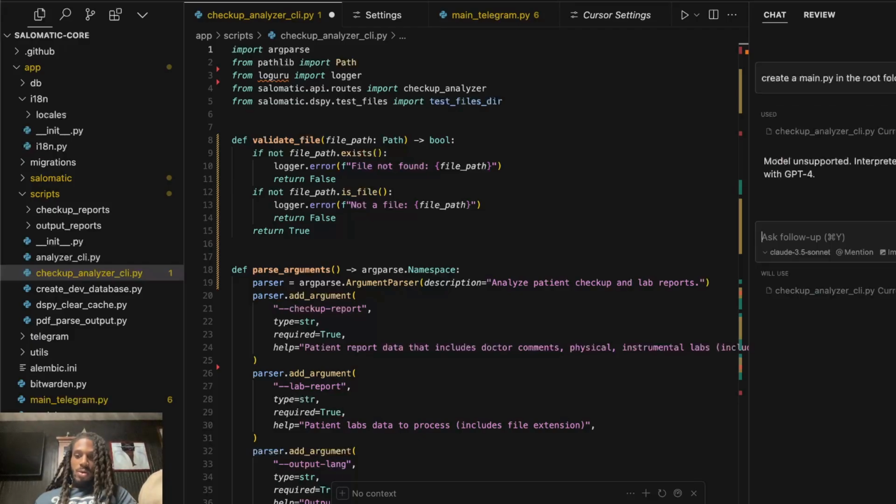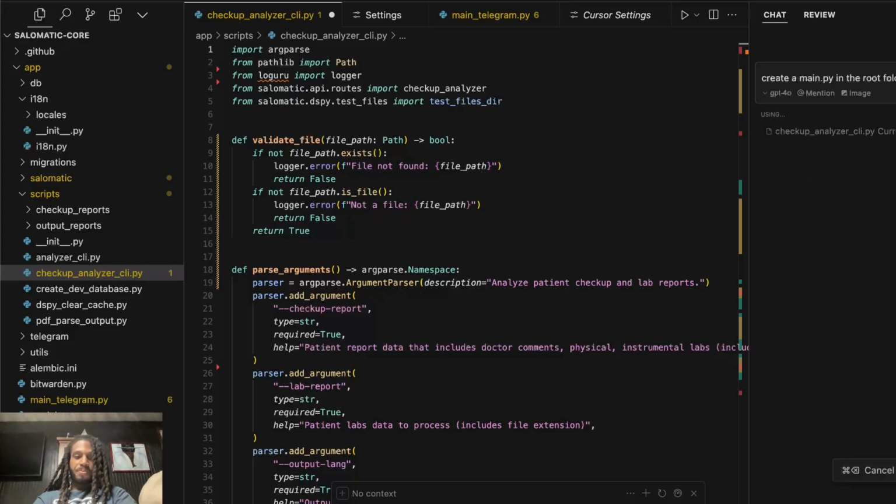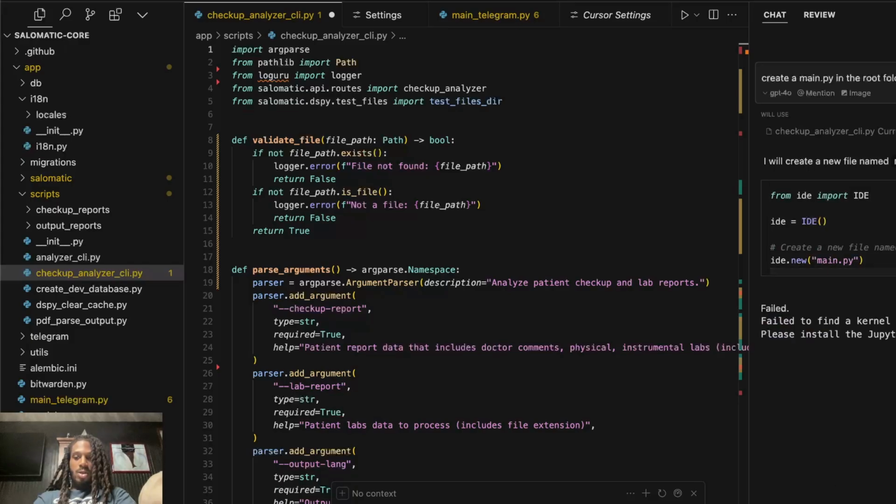Well, we found out that interpreter mode only works with GPT-4. So we'll go ahead and switch to 4.0. Go ahead and auto execute. As you see here, it's telling us what it will do. It says that we don't have a specific